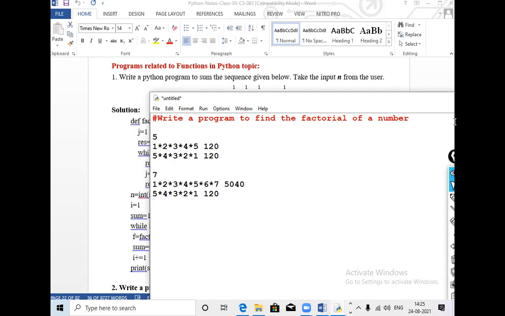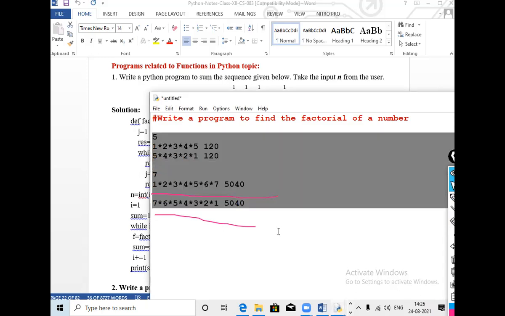The same thing we can apply: 7 into 6 into 5. I hope this concept is clear. Whatever number is there, we have to multiply from 1 to the last number or from the last number down to 1. The meaning is the same, and you know this very well.